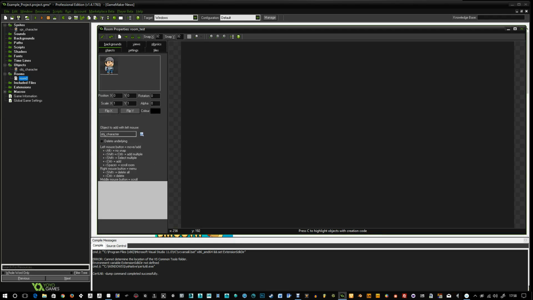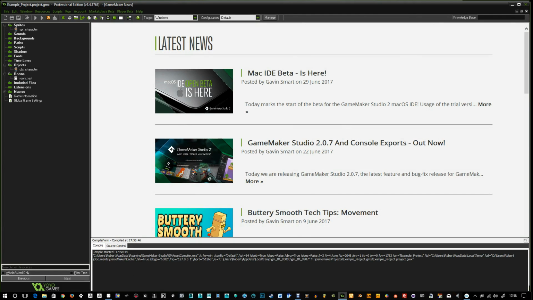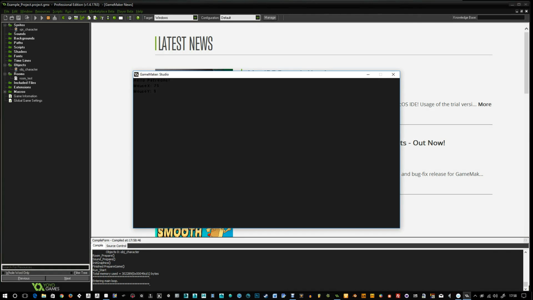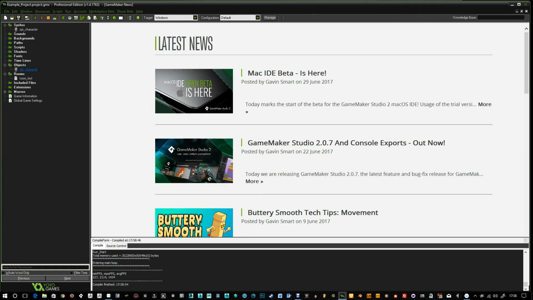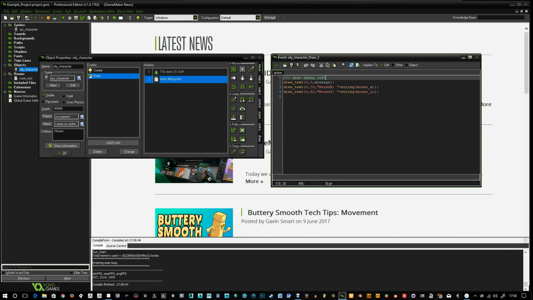So we've got our character, we'll bring him in here, and watch what happens. So he's got a sprite assigned to him, but he's also got a draw event. So when I play this, what's going to happen is the draw is going to overtake what happens with the sprite. So all you're going to see is that, and that's very dark, let's change that to white. But all you see is the actual